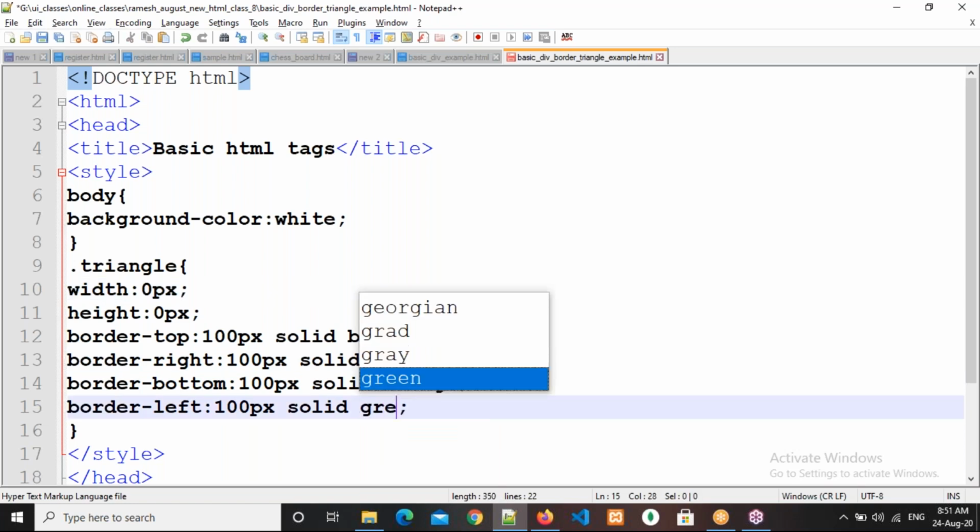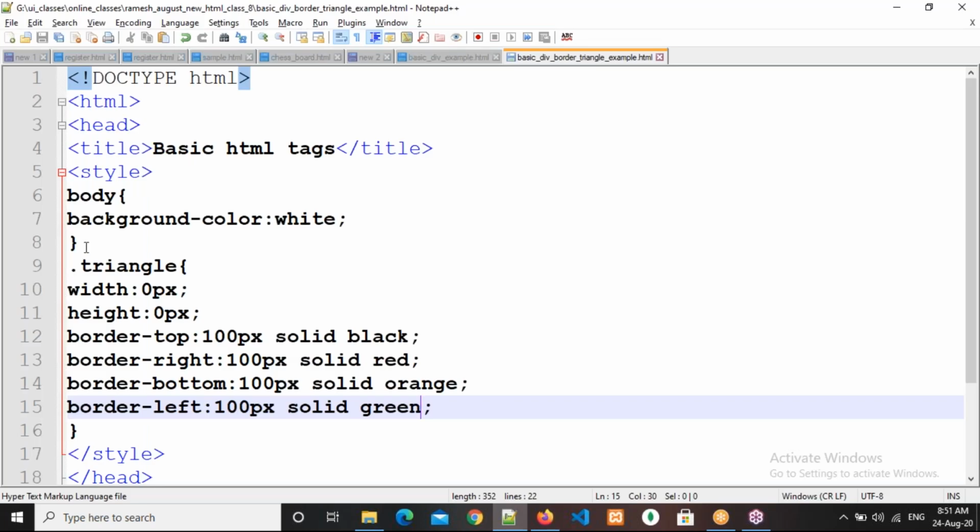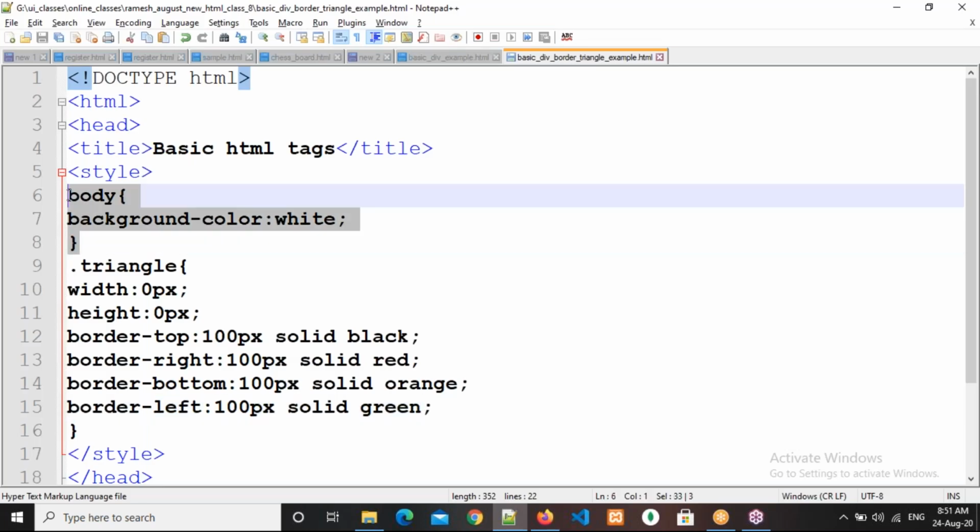Whenever there are colors, see how it is there. Can you observe here? Width and height 0 px means what? From here onwards, 100 px is working for the top side.